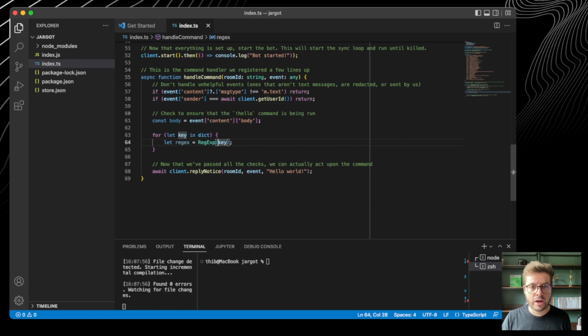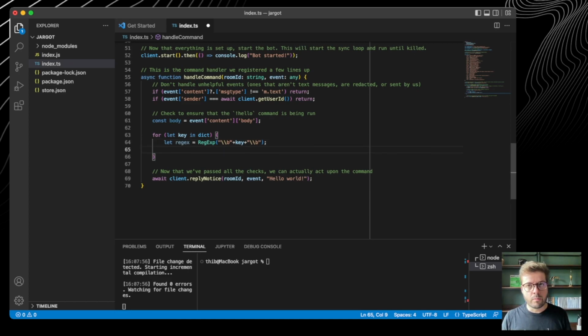So we are just going to add two tokens before and after the key, which are \b, well, double backslash because this is JavaScript. And this is just going to match on full keyword. So then we are going to test